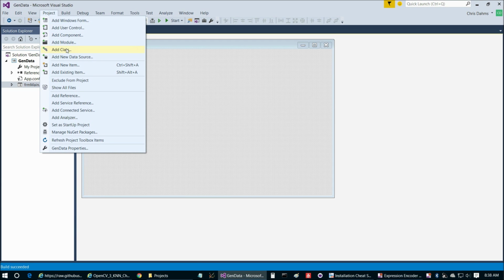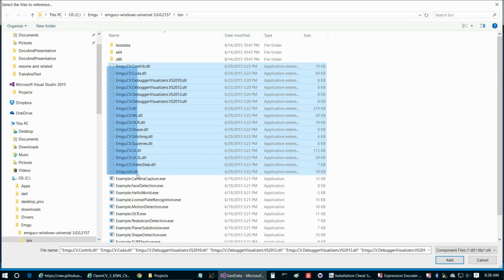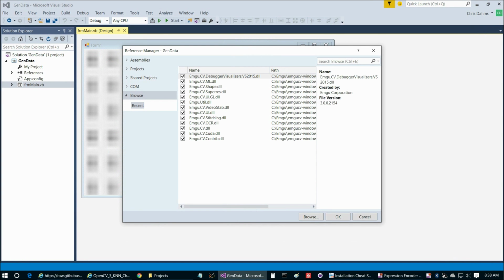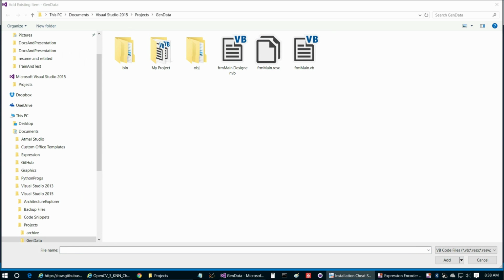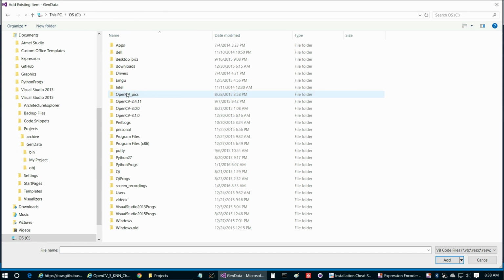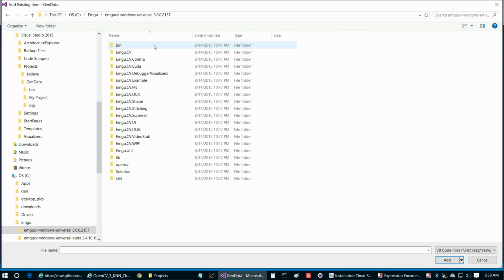So we're going to go to project, and then add reference, and then browse, and then we're going to add those DLLs, and then add, and then we're going to choose OK of course, and then we're going to go to project, add existing item, and then we're going to go to this PC, and then C, Emgu, and Windows Universal 3,